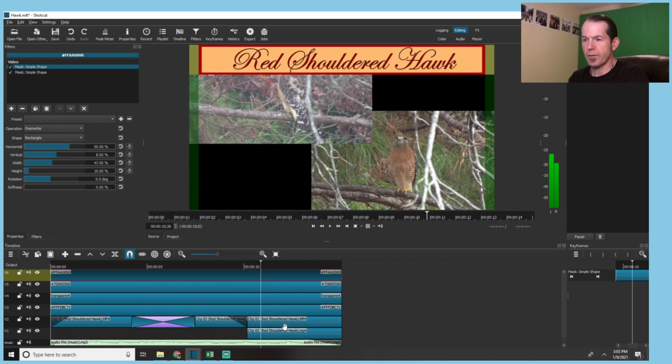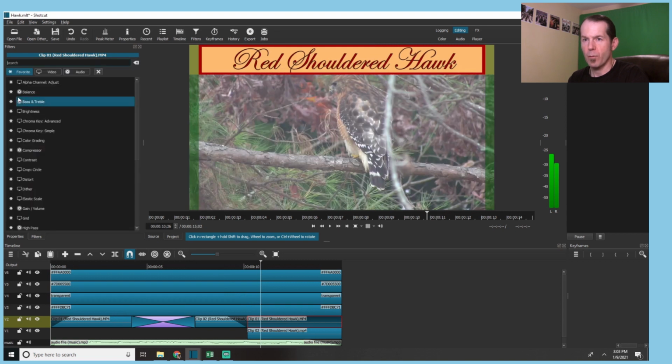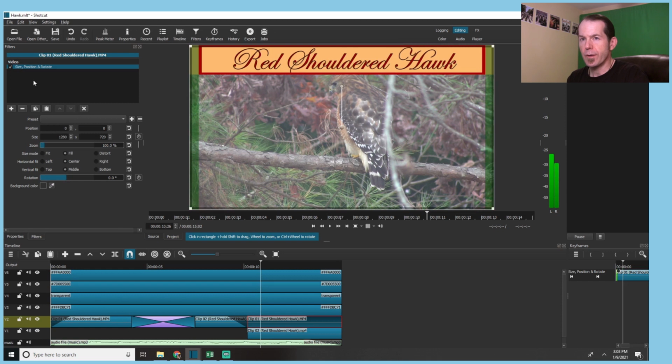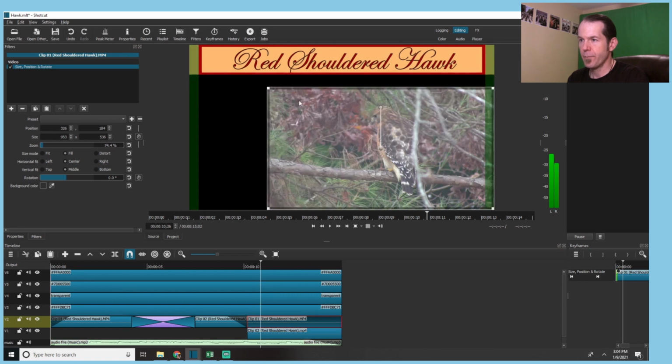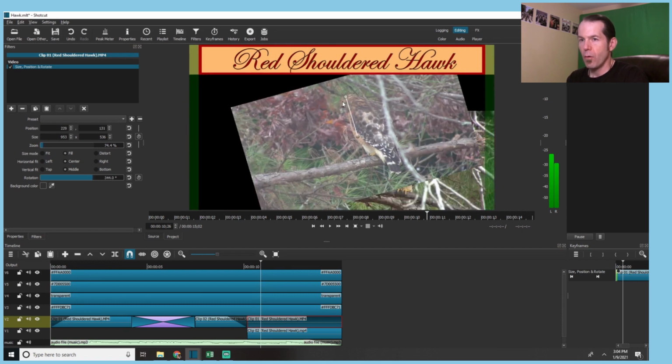Let's select this clip and work with the size and position filter. First, we'll hit the minus button to start over, then we'll hit plus, size and position. Now this is new. In September 2020, Shotcut combined what was two filters, size and position and rotate and scale, into one filter. We can work over here and resize, we can move, we can rotate, or we can work